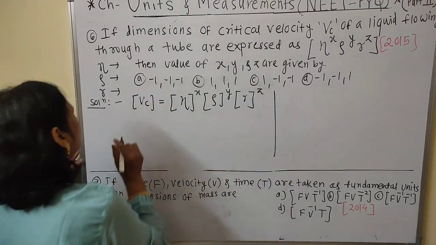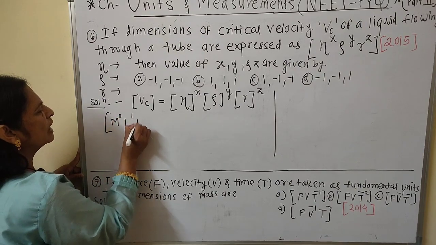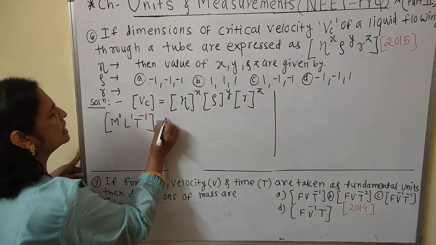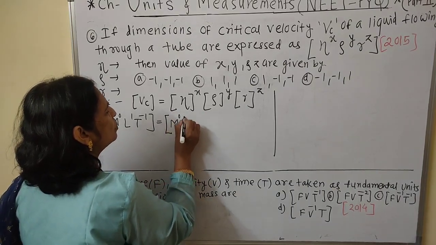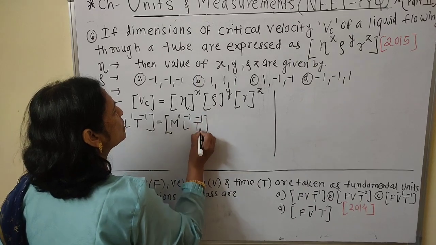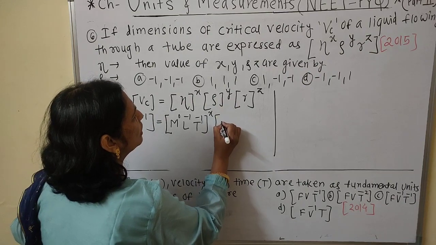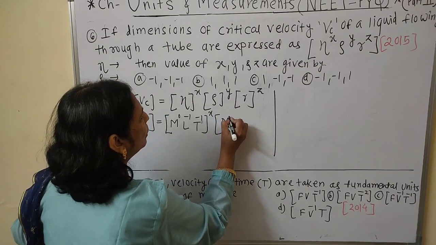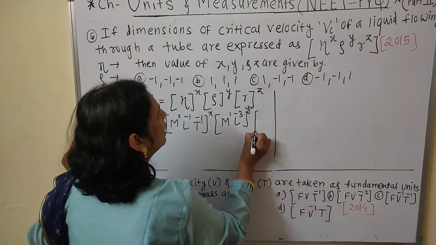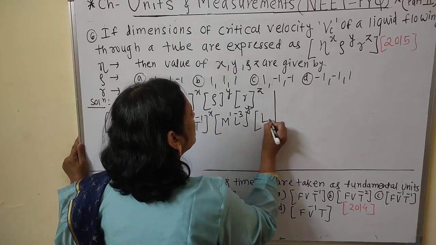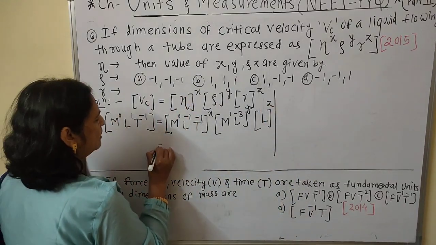Now dimension of velocity is M raised to 0, L raised to 1, T raised to minus 1, that is equal to coefficient of viscosity M raised to 1, L raised to minus 1, T raised to minus 1, raised to x. Density is mass upon volume, means M raised to 1 and volume L raised to minus 3, raised to y, and r, that is radius, means L raised to 1, raised to z. Now it becomes